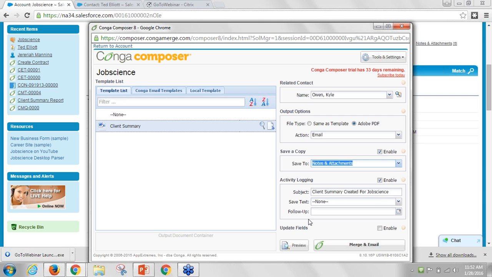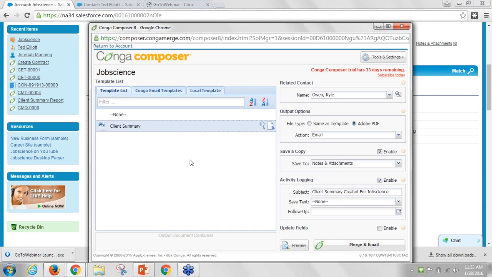Another feature that I'd love to show you or mention is a function called update fields, where as part of this process we can go back into the account record or back into a contract record or a contact or assignment or whatever that might be. And as part of that Conga process, we can update some fields. So we can automatically have some workflow that will check a checkbox, set a value, or put a date field in there. Okay. So in this case, I'm going to show you what the process looks like. This is a live org that Jobscience has made available to me.